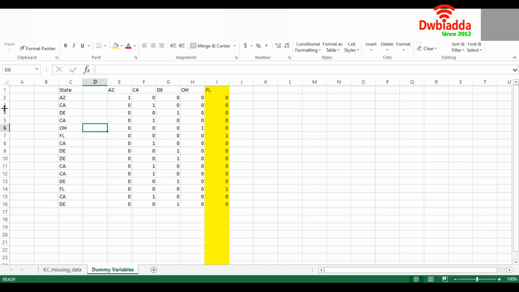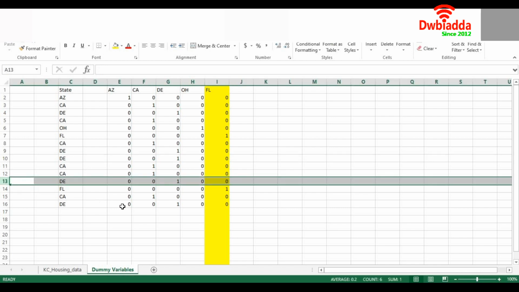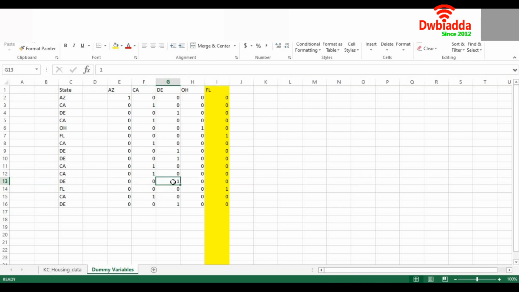For example, if a record contains a state as California, I will keep the California column as 1 and others as 0. For example, I would look for the attribute which has a state as Delaware. So I just keep the Delaware state as 1 and others are marked as 0. By doing this, I can convert a categorical variable which has more than 2 categories into a nice binary format. We need to notice here, if the number of unique values is n, this will give rise to n additional columns to the columns which we already have.